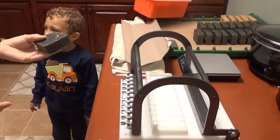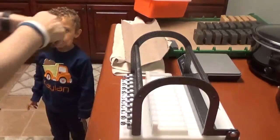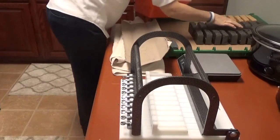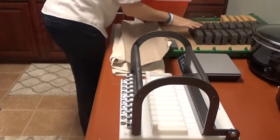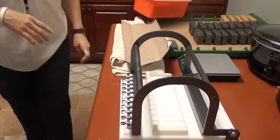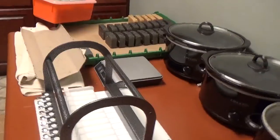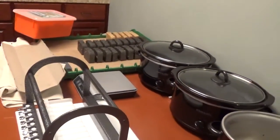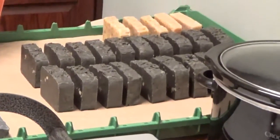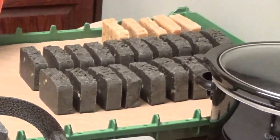Okay, alright, let me finish the video. So this is my last bar. I ended up with 2, 4, 6, 8, 10, 12, 14, 16, 18, 20. I ended up with 20 bars of soap. And like I said, I'll leave it over there to cure for probably a week. I'll check it every 4 days or something. But I'll leave it over there with some other bars that I have. And then I will package it